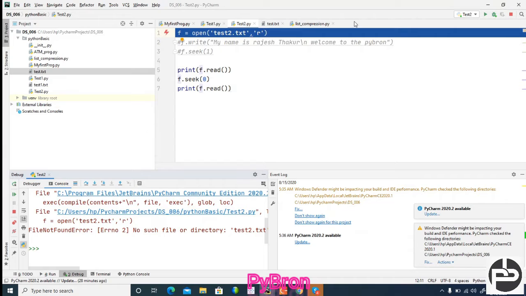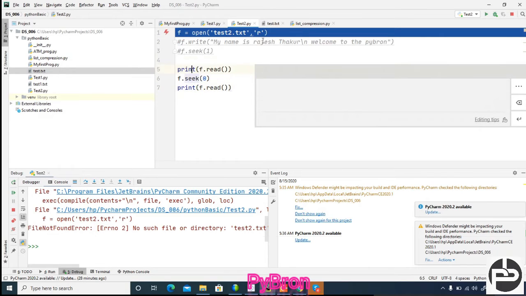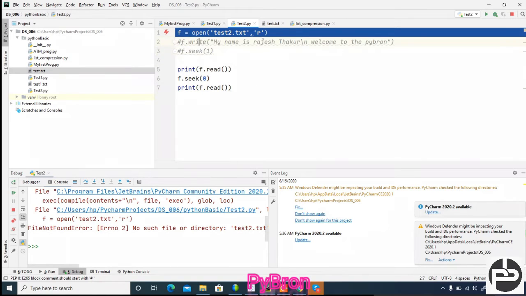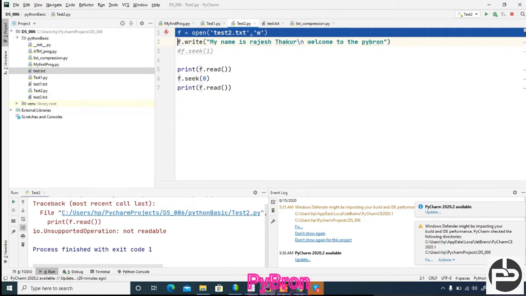Okay, but try to understand here. Just try to understand what I'm going to say. If I write the data into the test2 file, and again execute this code, let me write the data, and if I'm trying to write the data, still I'm getting the error, because